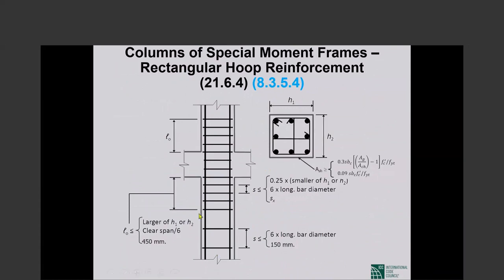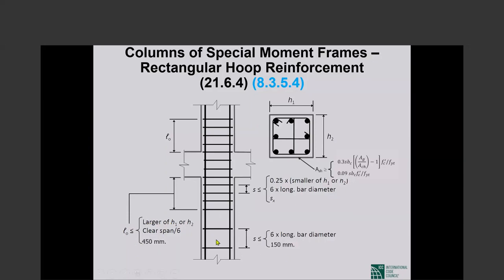Okay, this figure I have shown you already. There is not a whole lot to add except something very important. Outside of the region of potential plastic hinging, which is defined here, the length shall be the largest of the larger plan dimension, clear span divided by 6, or 450 millimeters. Okay. Outside of that,